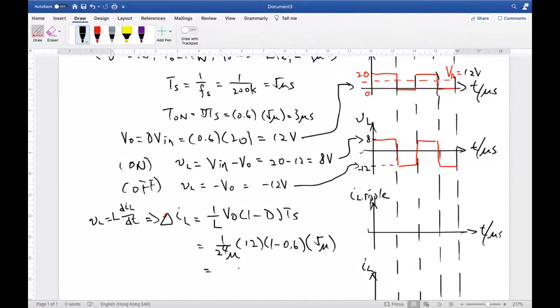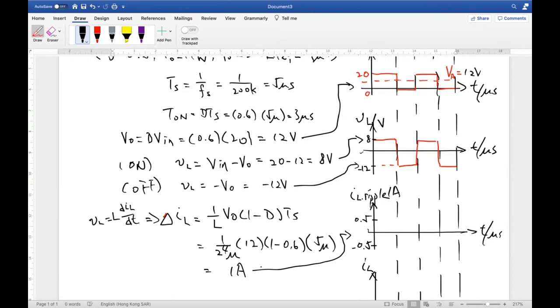Okay, so we have this. Okay, so this is the peak to peak inductor current. Okay, so we need to divide it into half. 0.5 ampere here, and here is minus 0.5,